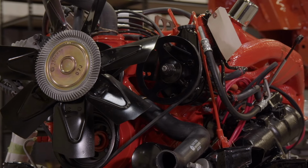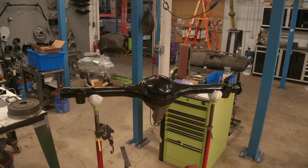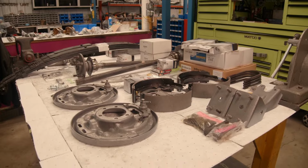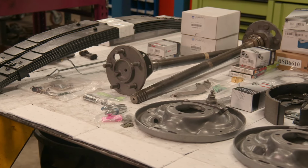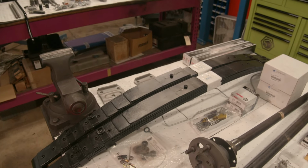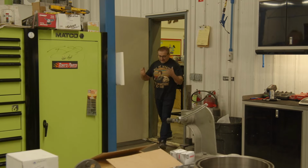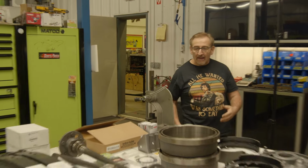We have the engine and transmission completely built out and detailed, so now we're down to the rear end. I have decided that I shall have Doug and Alyssa assemble the rear end. What I've always wanted to do is find out exactly how many individual components it takes to build out a rear end. So I'm gonna have Alyssa keep track of that, because I have a suspicion there's several hundred parts that make up just one rear axle assembly. So all I'm asking is that you put the rear end together, you count the number of parts that go into it, so we have a complete